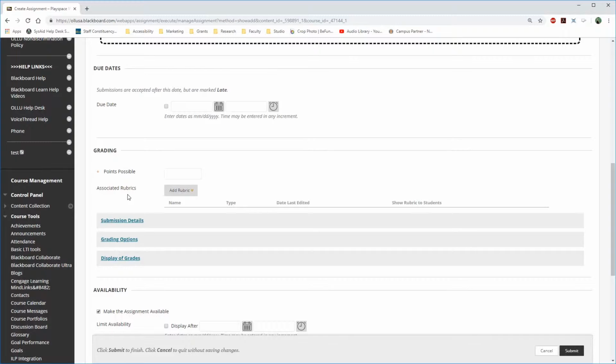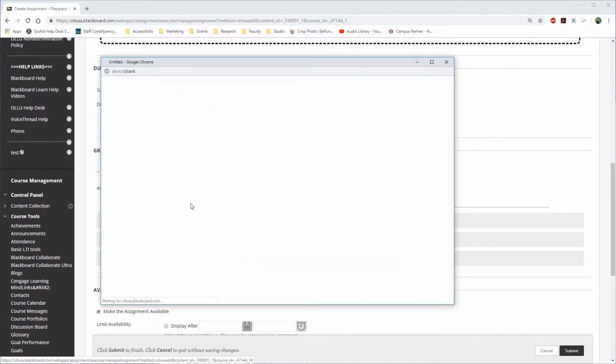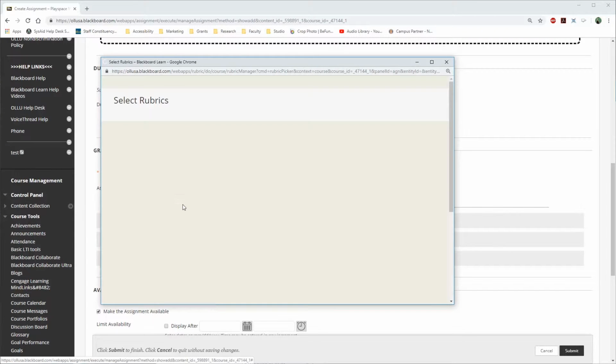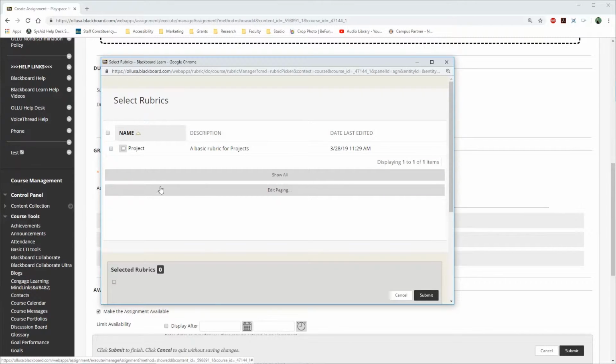there's an area that says Associated Rubrics. And what I want to do here is select Add a Rubric, and then I want to select a rubric because we've already made it. So I'm going to select my rubric, and then it'll bring up a list of your rubrics. Currently, I only have the one that we just made. Project, a basic rubric for projects. I will select that,